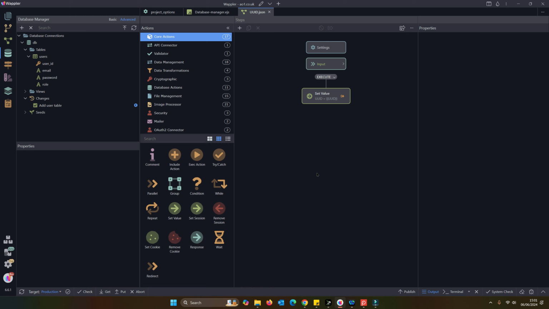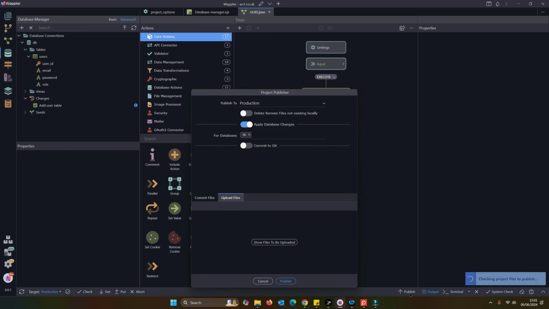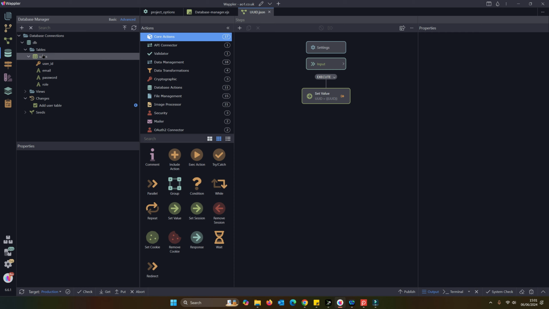Now that's not the only way you can make the apply. Remember, within the publish we also have the ability to apply database changes there. So if you don't apply them at this stage, when you do a publish of your site, you optionally can say, well, apply those database changes at the same time, please. Personally, I like to do it within the database manager because I like to see it happening, and I tend to do it in small amounts. I don't make lots and lots of changes and commit them all in one. I tend to add a table, commit, add a table, commit, etc. Just so I feel more in control of it in that way. But that's just me being me. So that's created our first table.